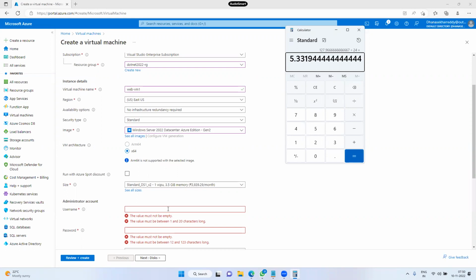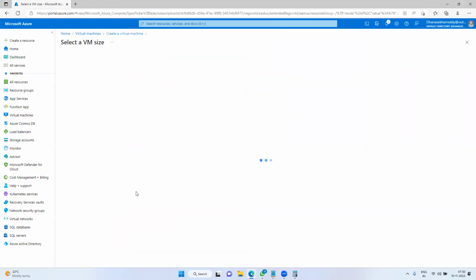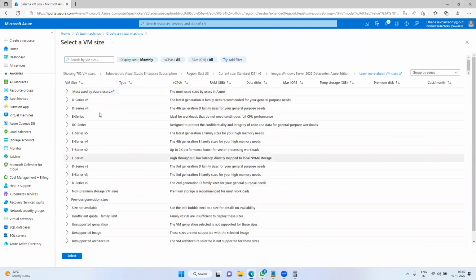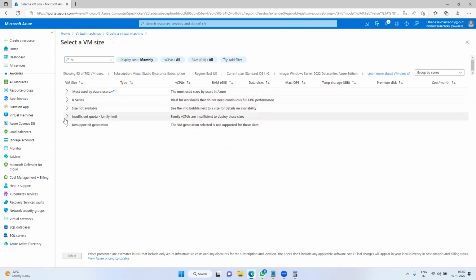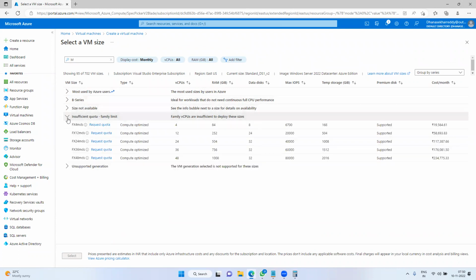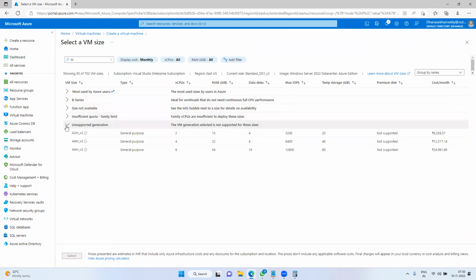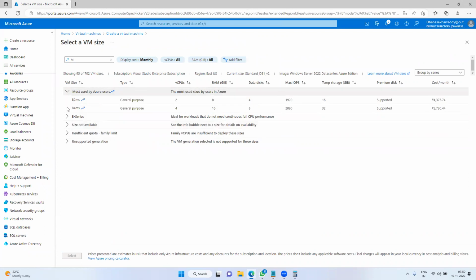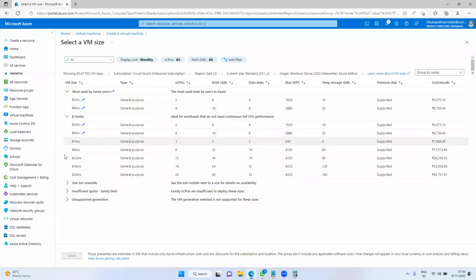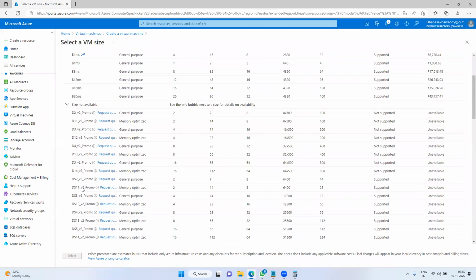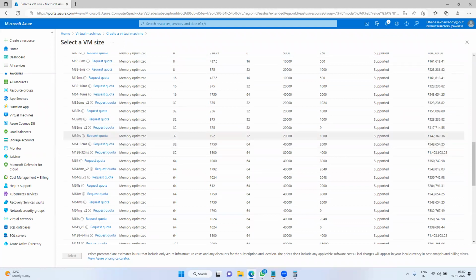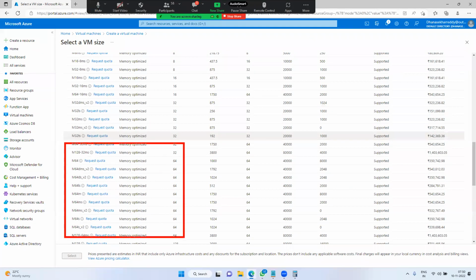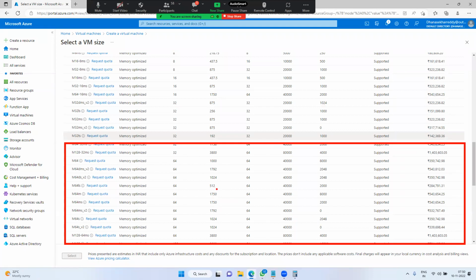So this is one CPU, 3.5 GB memory. If you need high-end configuration, click on it. So I could see high configuration is M series, guys. If you observe, M series contains high configuration.